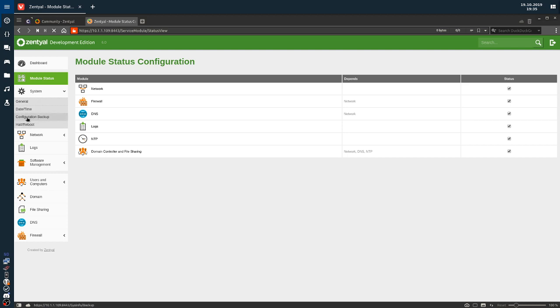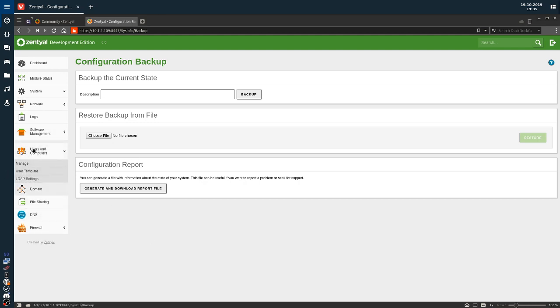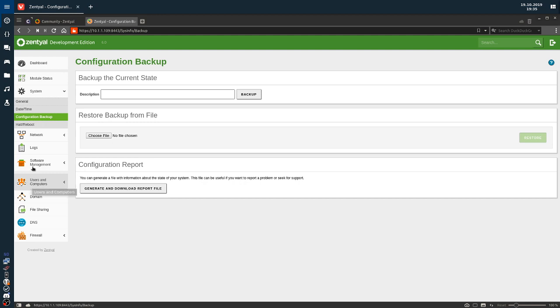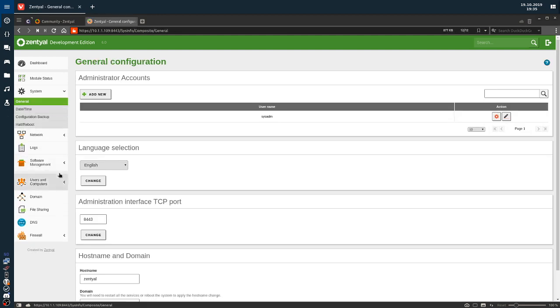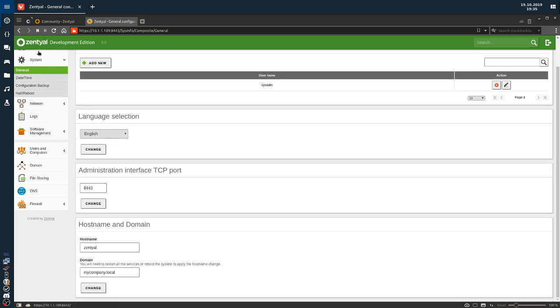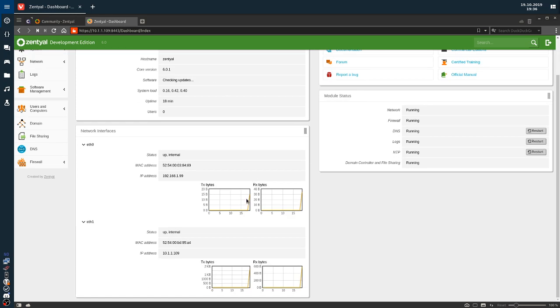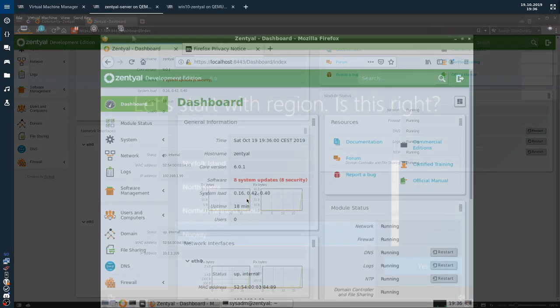You can do a configuration backup and make a backup file, download and restore that quite easily. But that also includes all your users and computers. Is there anything else? Yeah, you can add more admin accounts. You can change the host name and domain. And you also get a nice overview here. So now that we have the server set up, let's jump into our